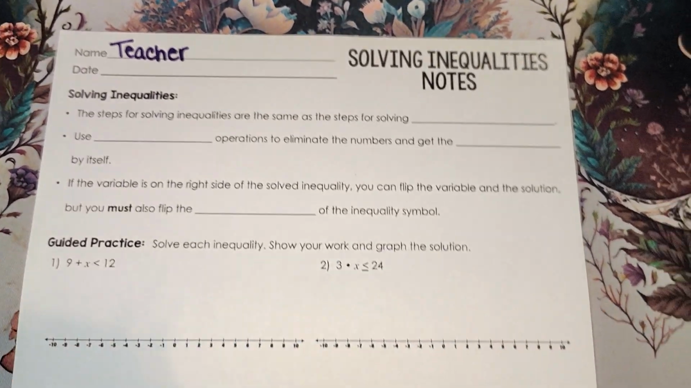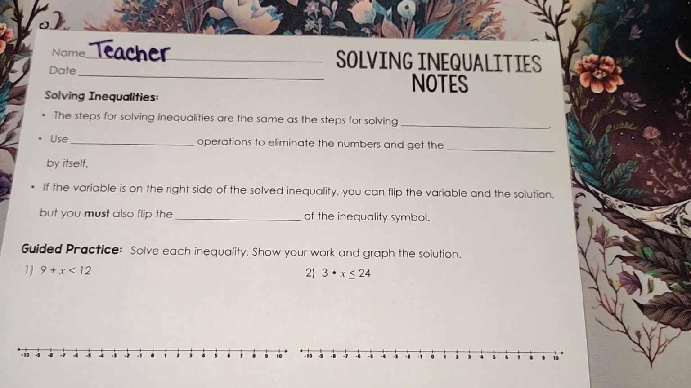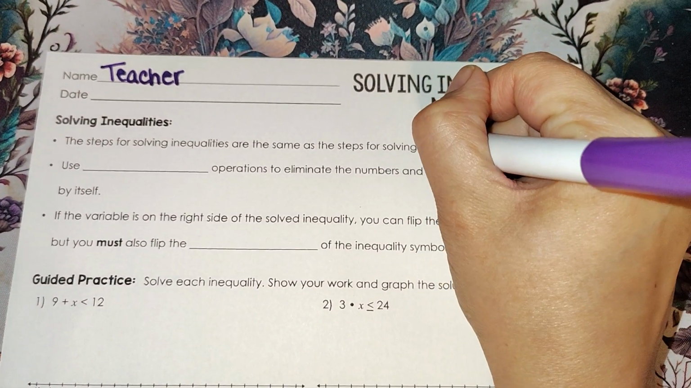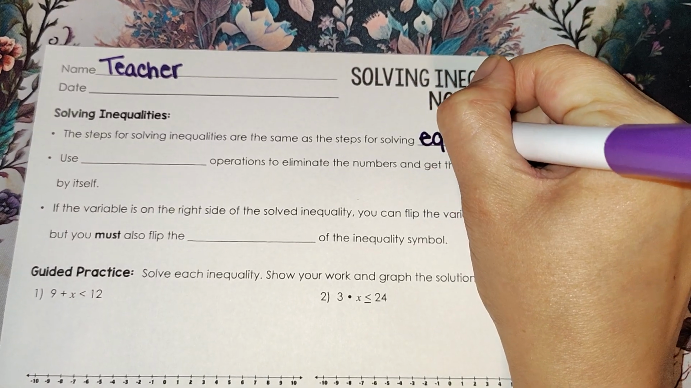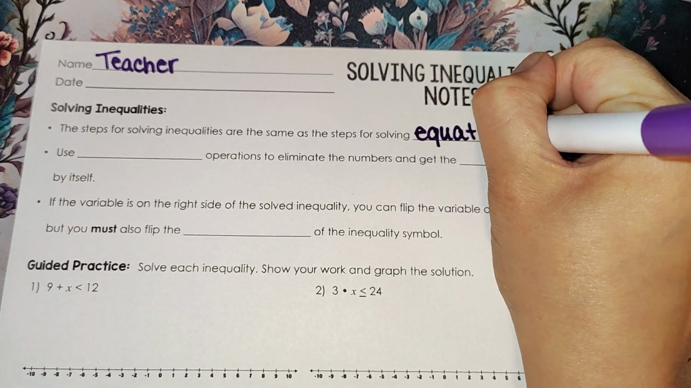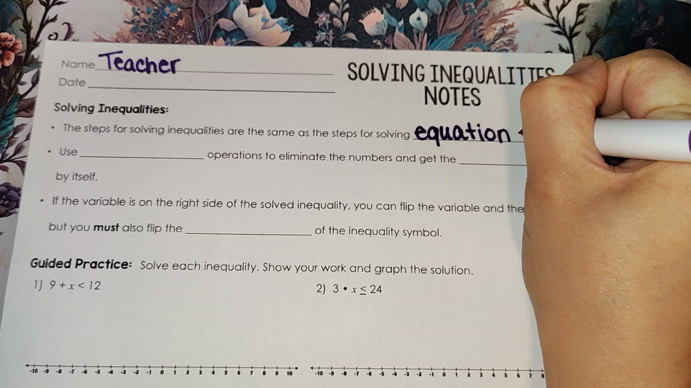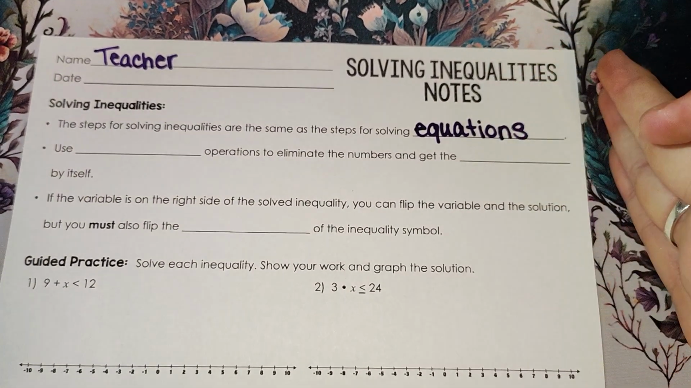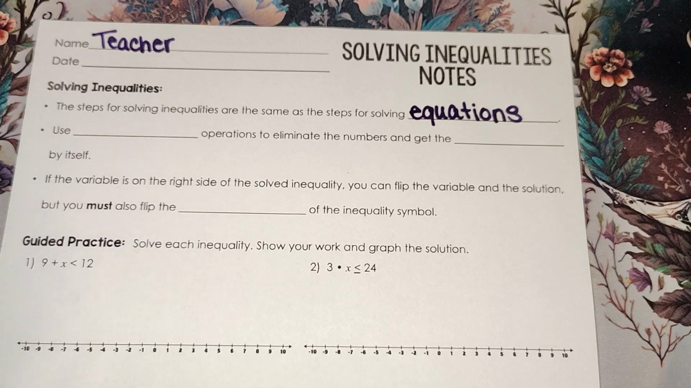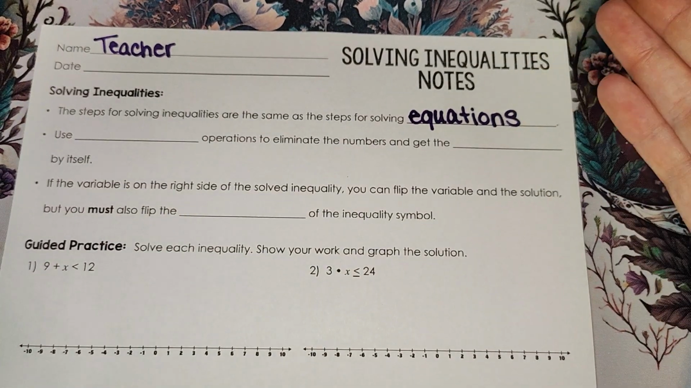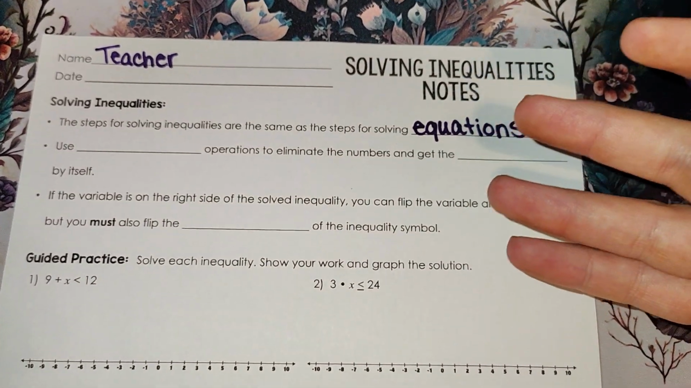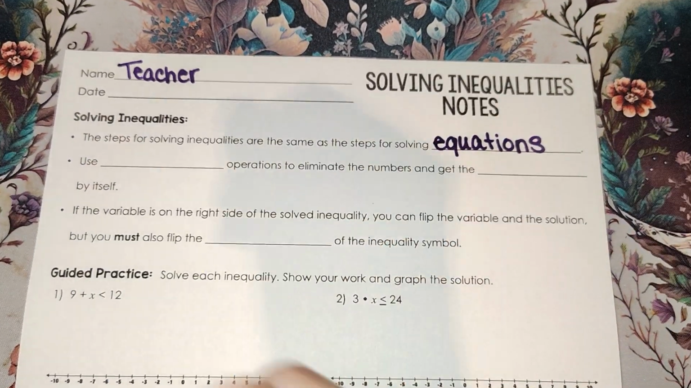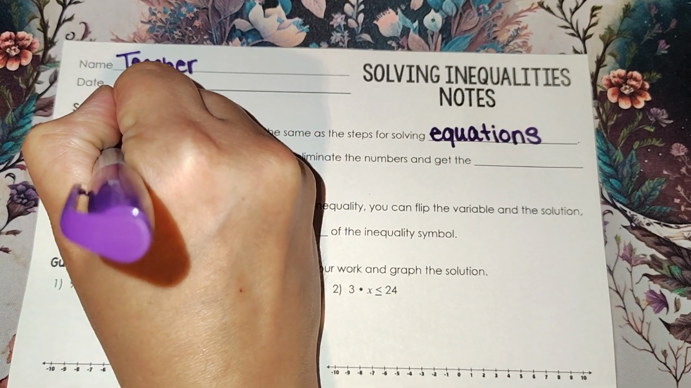The steps for solving inequalities are the same steps for solving equations. We're going to do the same thing, except for instead of x is equal to 5, we're going to have things that look like x is less than 5. X is greater than or equal to 5. Make sense? We're going to still use the inverse